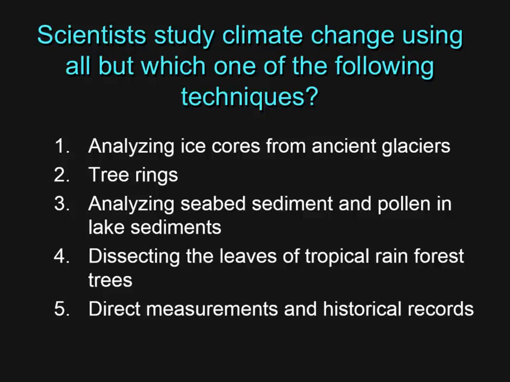Tree rings will give you a record of this: what's happening during the season, the water, all of that, and how fast they're growing for every season. Seabed sediment will collect various isotopes, and you can tell what was on the surface at the time, what was in the water, and that's going to change depending on exactly what's in the atmosphere. And also pollen. Pollen can be very helpful to know what kinds of plants, right? What kinds of plants will tell you what the climate was like. And then, of course, people have actually measured it, and we look at historical records.